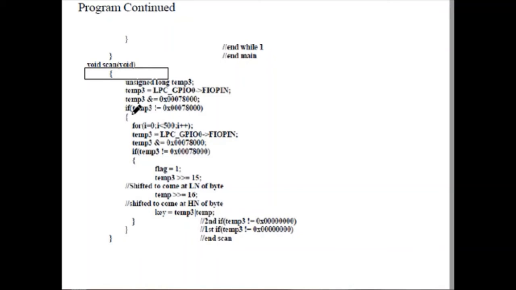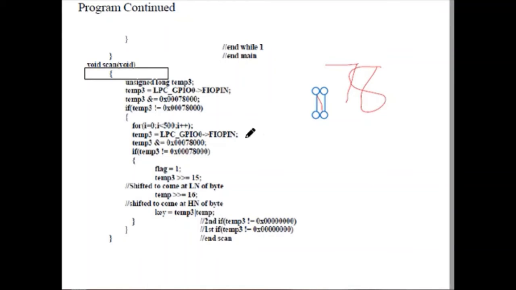So we are checking whether temp3 is not equal to this. Depending on that particular column, if one key is pressed, then the 7 8 value will change to another value. If it is changed, that will be the key pressed. So that is how it is considered.